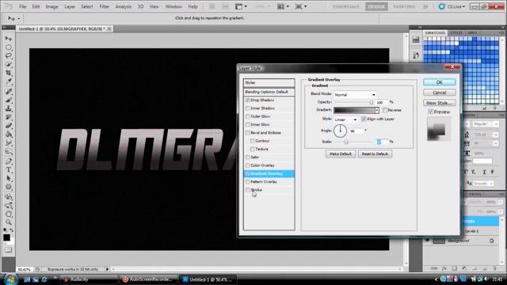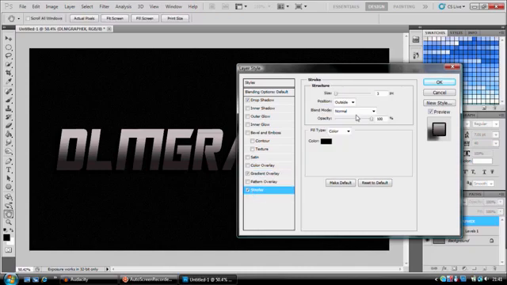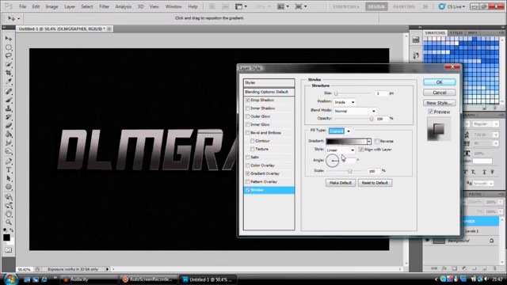Okay, so next we're going to go to stroke. And on the stroke, we're going to fill the position inside. We're going to go to our fill type. We're going to select gradient. We're going to keep our gradient the same,